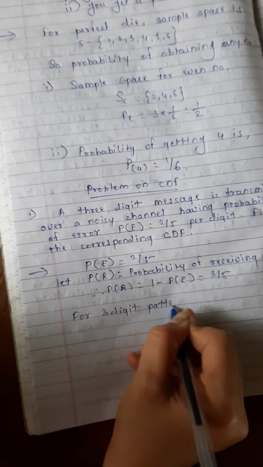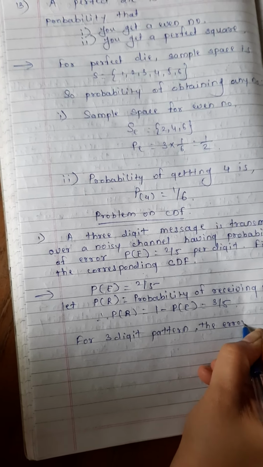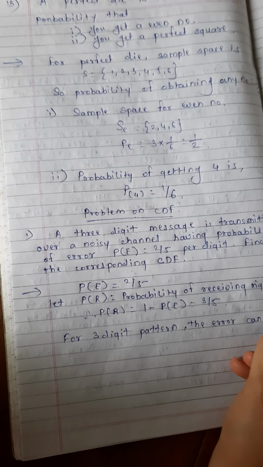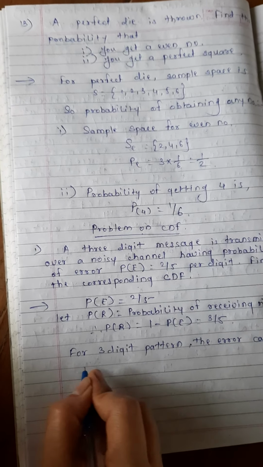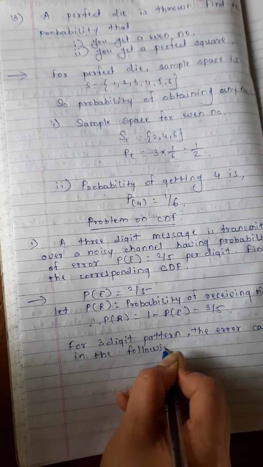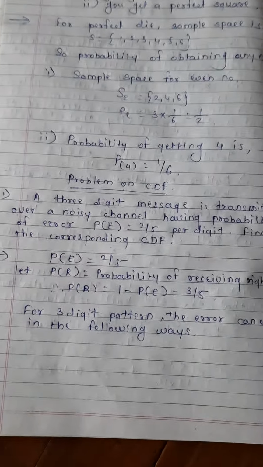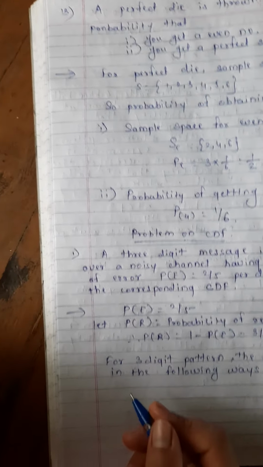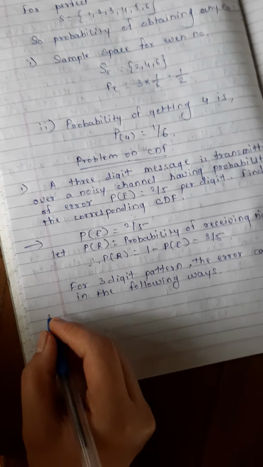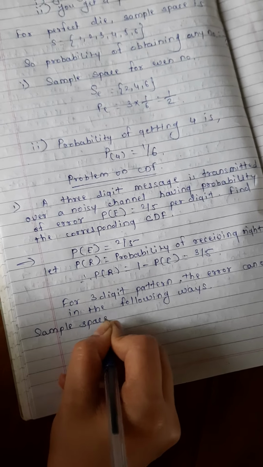So for the 3-digit pattern, the error can occur in the following ways. So the sample space S is